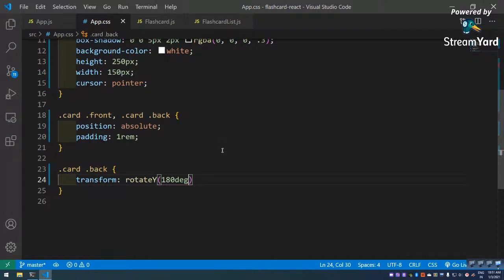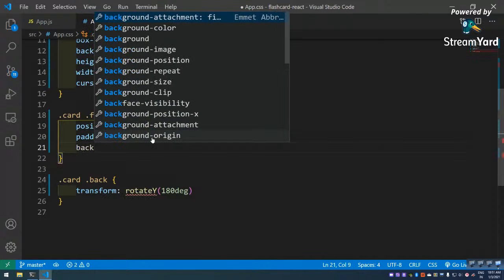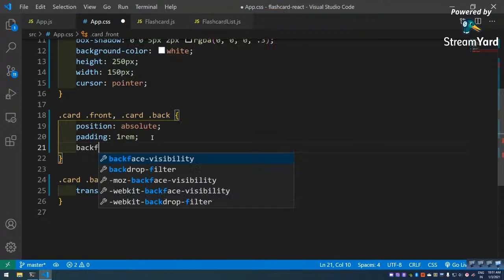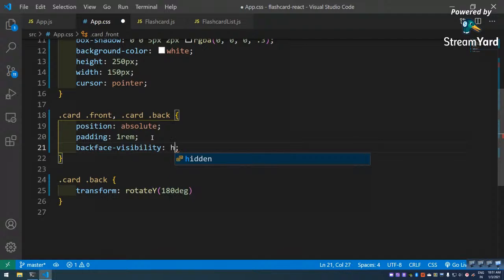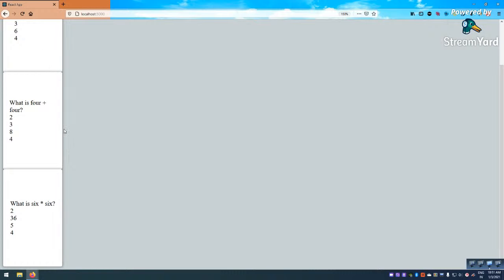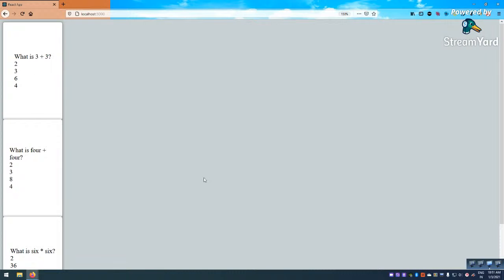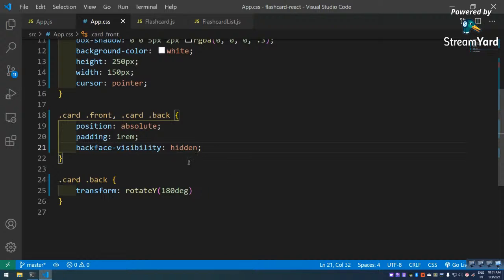So for that, we are going to use a CSS property known as backface. CSS has many cool properties which you will learn when you do more and more projects. So backface-visibility hidden we have to give. Okay, so see, now it is gone, because some of the logic which we are going to use for this, it is required. Then